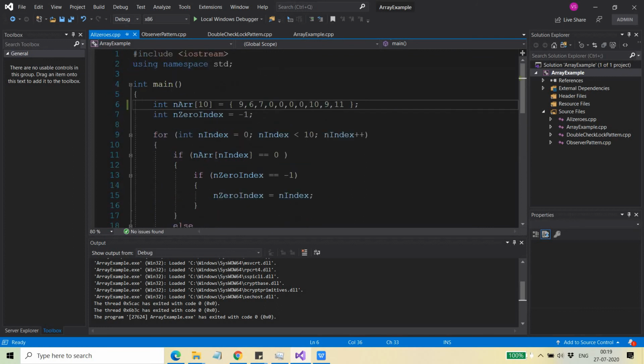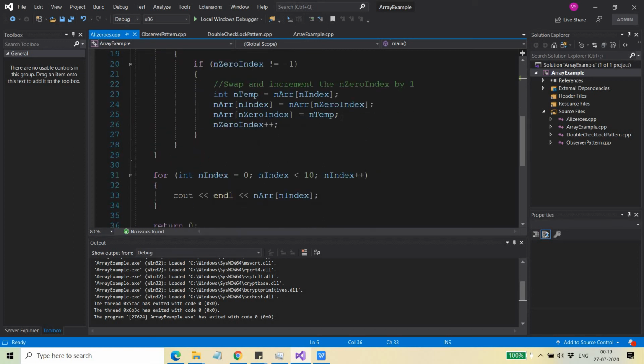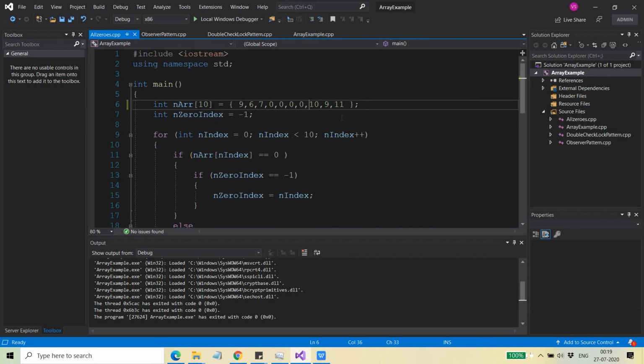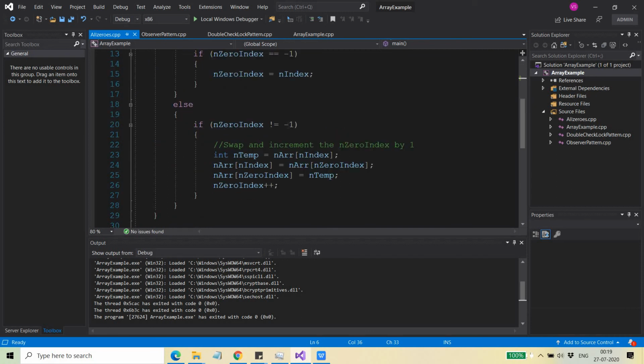So I'm just going to put this code in the description section as well, so that you can have a look into the code as well. But here as well, you can see that it's a very simple code, so you can understand it. And if you watch my previous video and then you come to this algorithm implementation, then you will find it very easy, right? What I have done, you will be able to understand very easily, right?